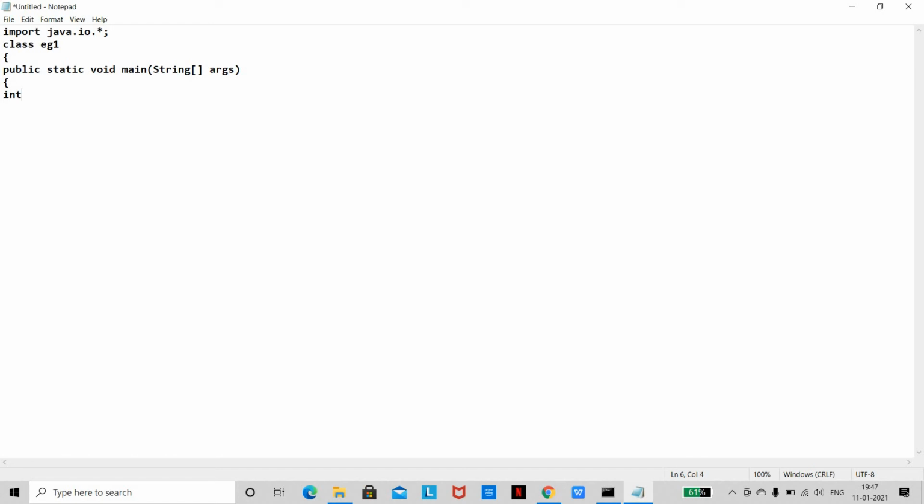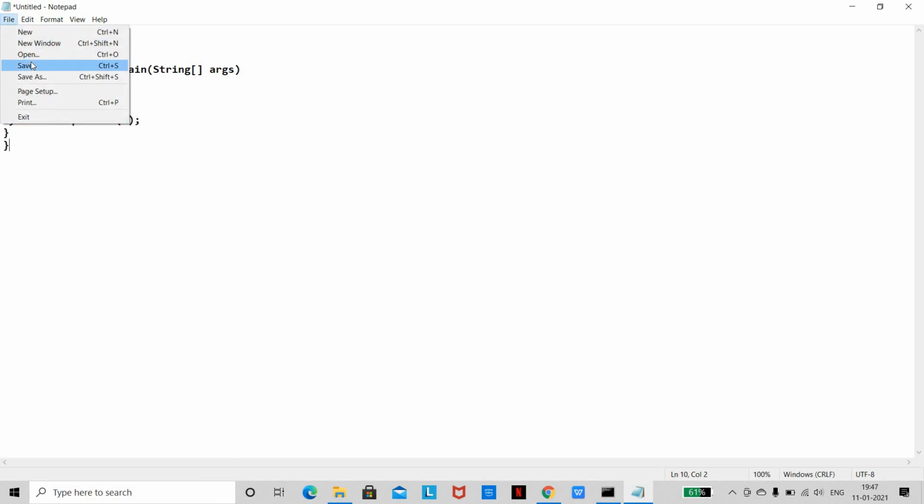Just giving int a and initializing the value a equal to 10. In order to print we need to use System.out.println. So I am just printing out the value and then closing. So everything is perfect.